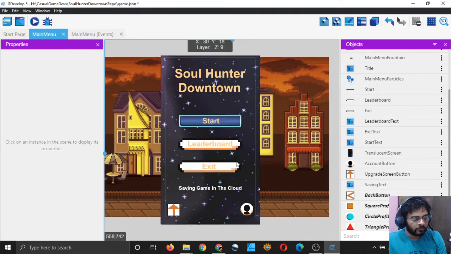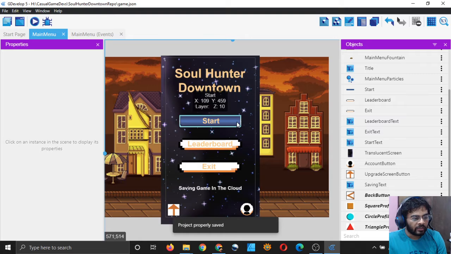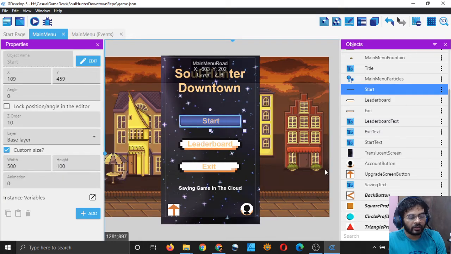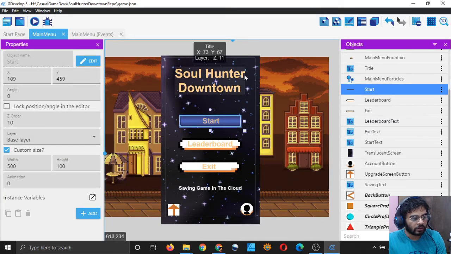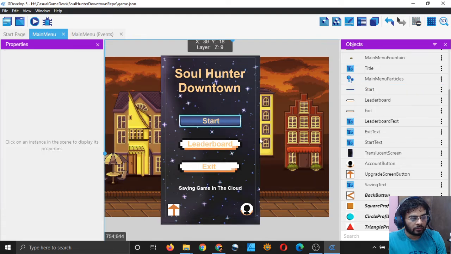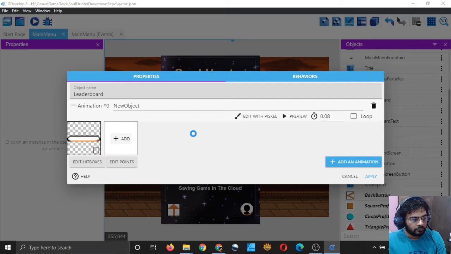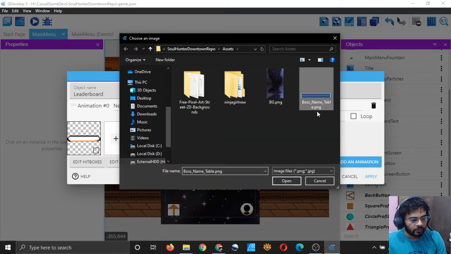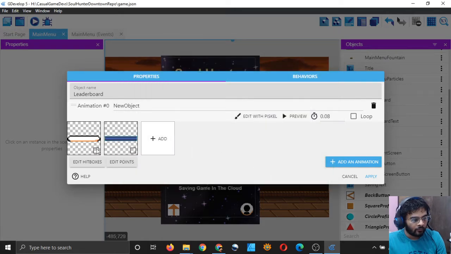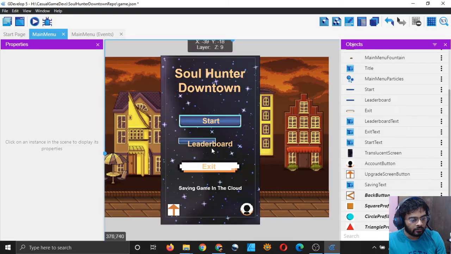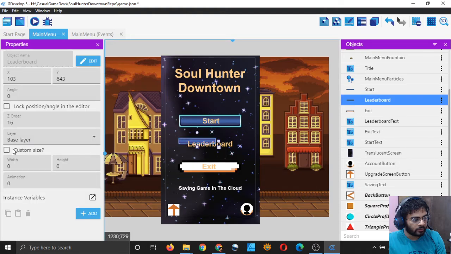I have to do it for this and this also, and I remember the custom size as 500 and 100, right? So that's okay. Let me do it for leaderboard. Simply add this one again, and right click, select this one, and right click and delete and apply. So you have it. Now the size should be custom.